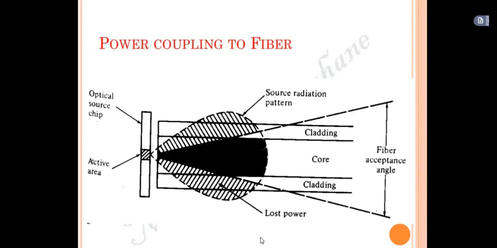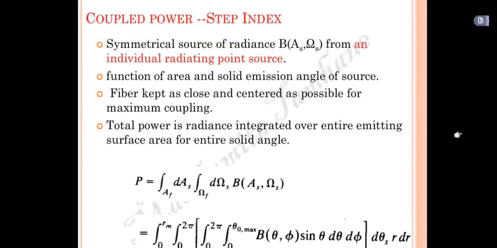In order to get that power back, how do we get the power coupled to the fiber? We need to keep that in mind when we design the fiber analysis. To achieve that, we use the fiber acceptance angle. Clear? Next, we need to see how we derive it. Basically, how do we take a derivation for it? First, the coupling power is for step index; there are gradient index and step index.